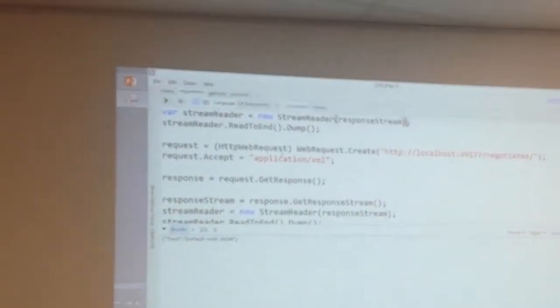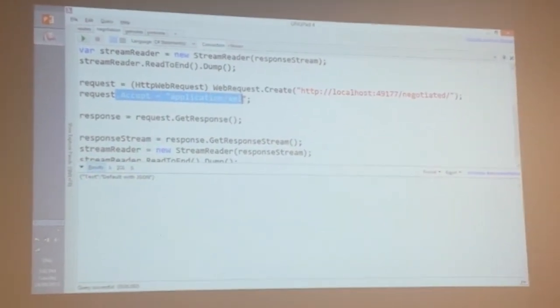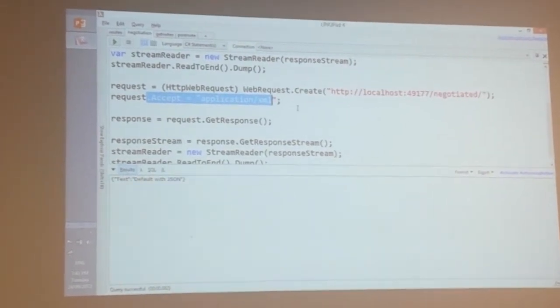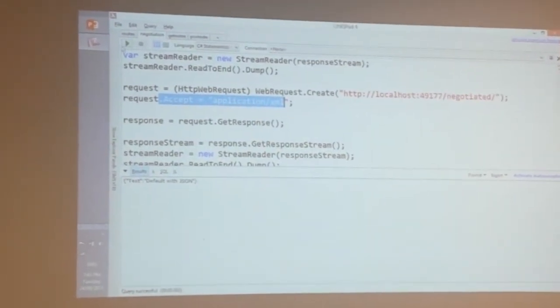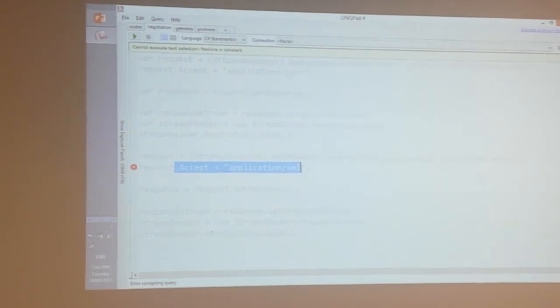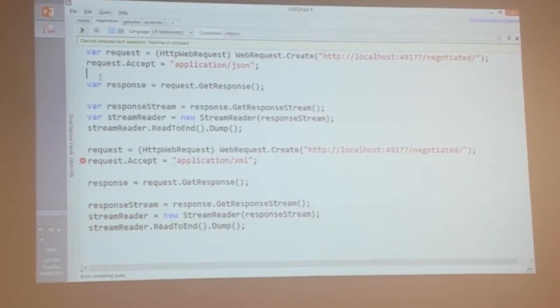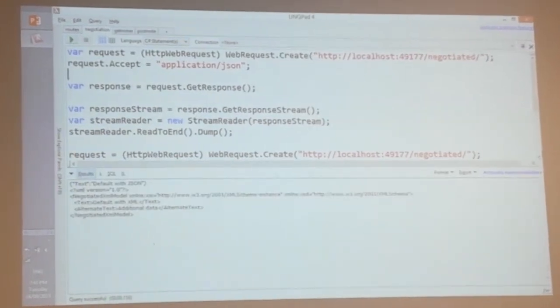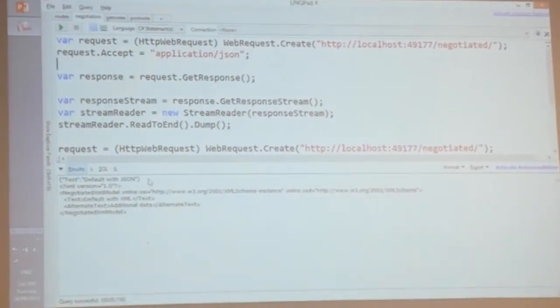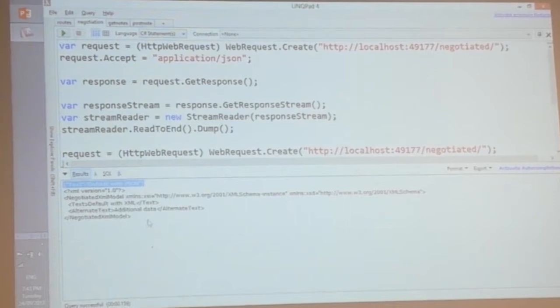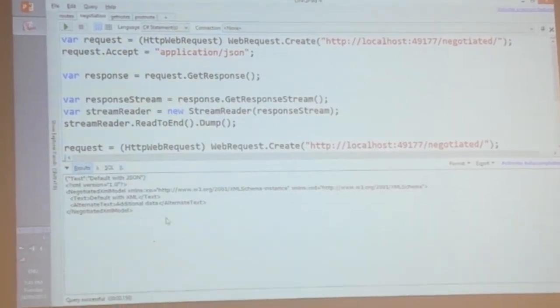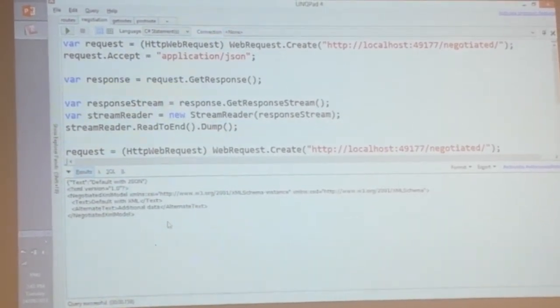If I just run the whole lot now, I've got the same request, and then I'll do a second one with an indication that I accept XML instead, then I should see the XML content. It would help if you don't highlight the code and you just do that instead. Okay, so we've got the JSON content being thrown out at the top, and then that whole god-awful mess is XML, as we're all used to, we know and loathe.